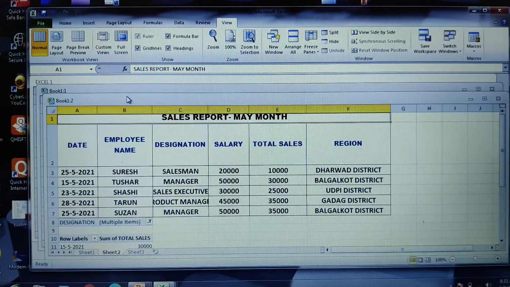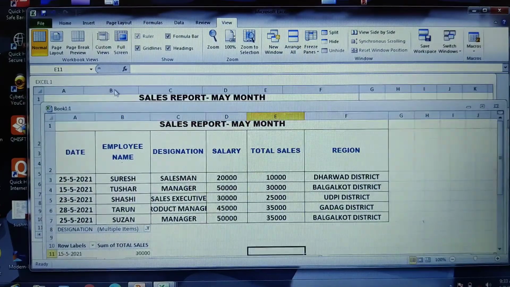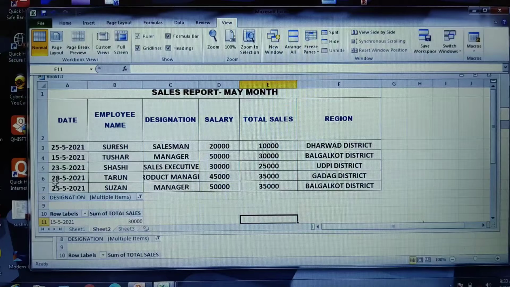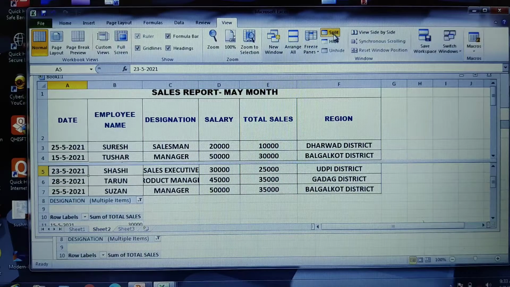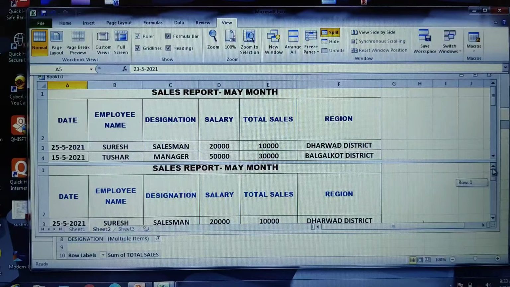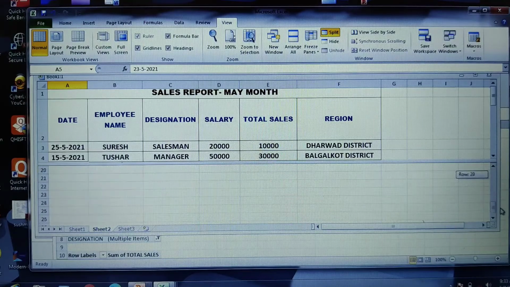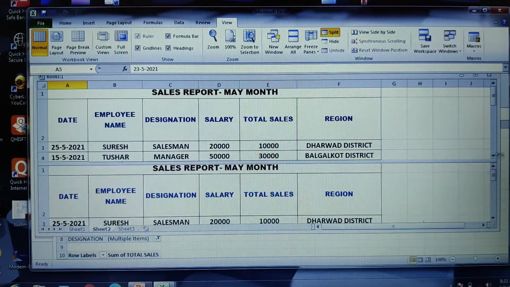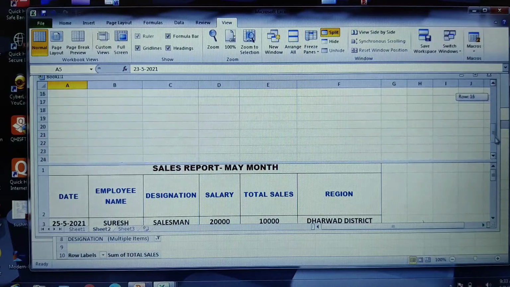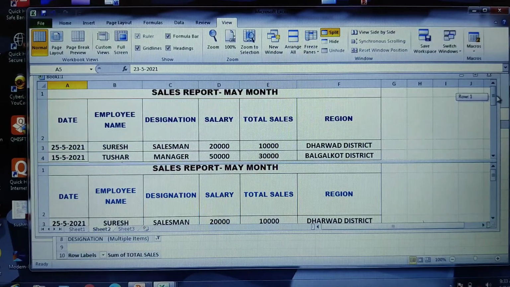You can see here book 2, this is book 1, this is Excel 1. So what if you want to have the split option? Right now, at this particular point, I want to split my table, then you can just go for the split option here. Click on the split. If you observe here, I got a separate scroll bar for half of my table, wherein it will act as an independent table. Here also, you can use the scroll bar. This is how you can split.